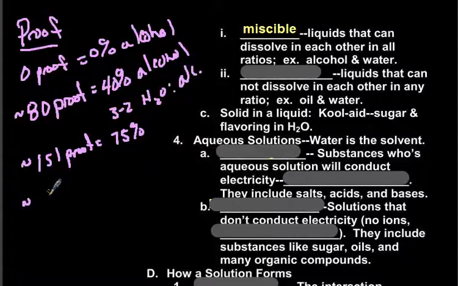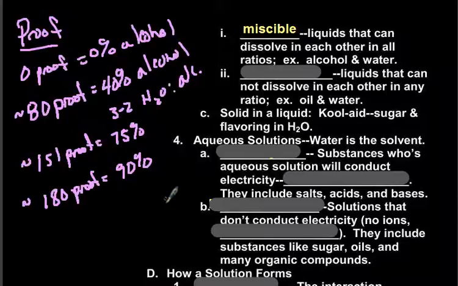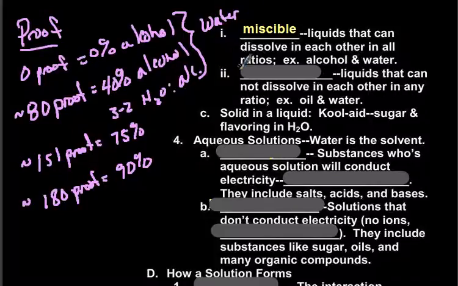Other states offer grain alcohol, and it's hardcore stuff. You may have heard it called Everclear, and it is 180 proof alcohol, which is a 90% solution. And then you can mix alcohol all the way up to 100%. So it is completely miscible with each other, in any proportion you can have. So down in this range over here, water is your solvent. But as soon as you get higher than 50% alcohol, the alcohol is the solvent, and the water becomes the solute.